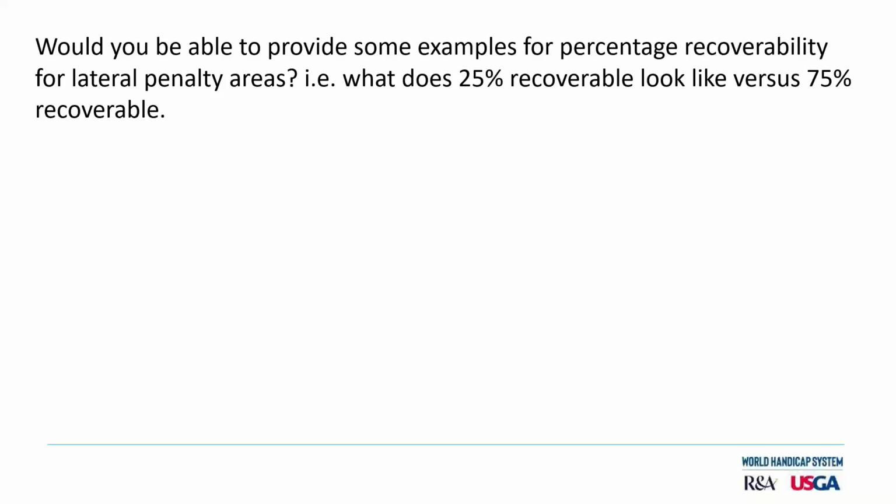So it's certainly difficult to provide pictures and examples because there are so many different types of examples that we don't want to pigeonhole anybody into thinking one way or another that can show this. The best way to look at this is if you come to that penalty area or even extreme rough, take a look and see if a player can first find their ball. And if it comes to rest in that issue, whether it's a penalty area or extreme rough, once it's determined that the ball can be found,